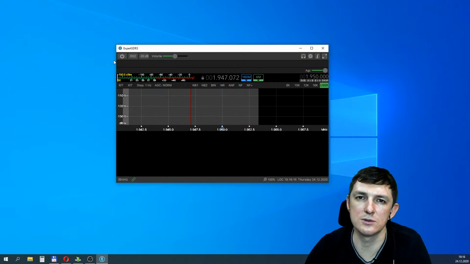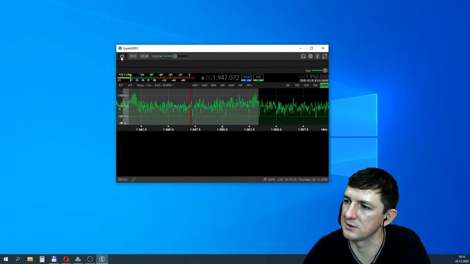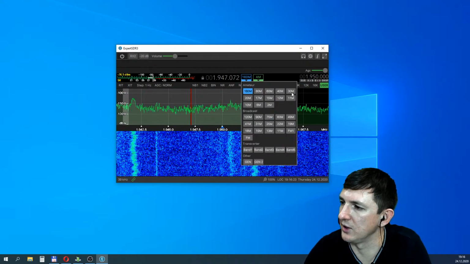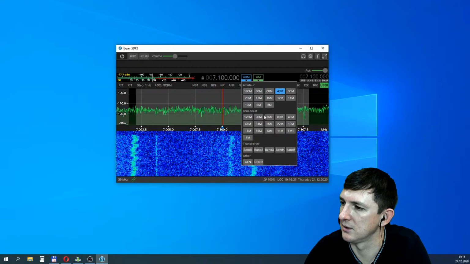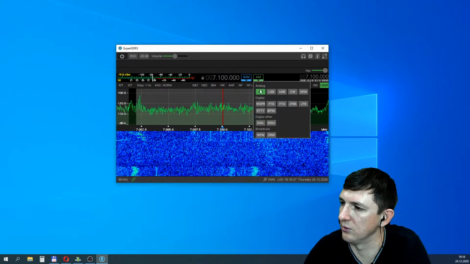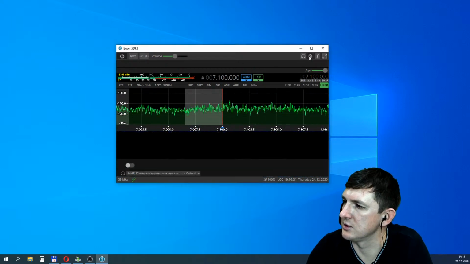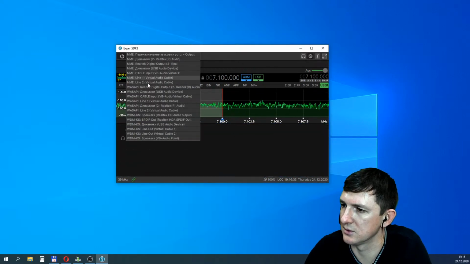And the first thing we will do, just press the start button, and now you can see the radio works. Just choose the bandwidth.